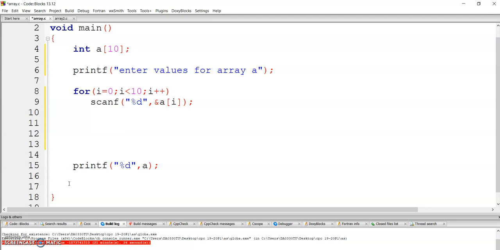The same will happen with your printf statement. Here write for i = 0, i less than 10 and i++. This means your printing will start from a[0]. That means this printf will print the first value a[0], then a[1], and it will go up to less than 10, that is n minus 1, which is equal to 9. So the last element of your array is at a[9] and the first element of your array is at a[0]. To print these elements I can use \t.